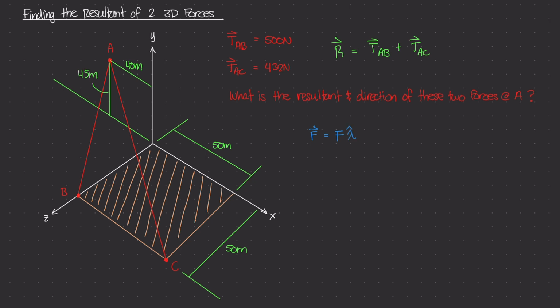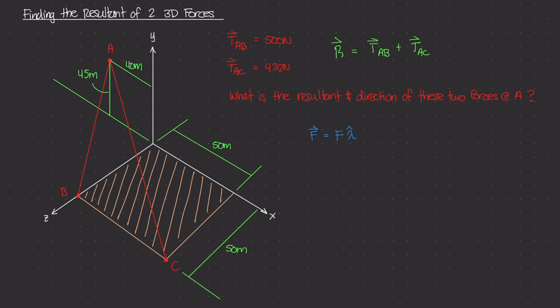Now, lambda is a unit vector, and it's specific to the line of action of this 3D force. So just like the I unit vector represents the X direction of a component, and J represents the Y component, and K represents the Z component,